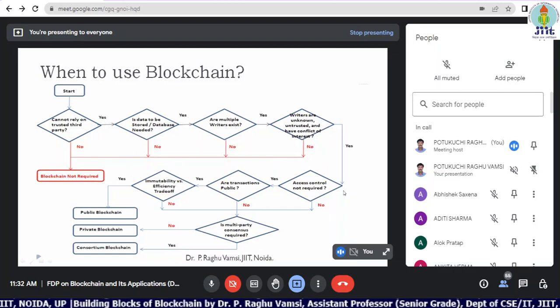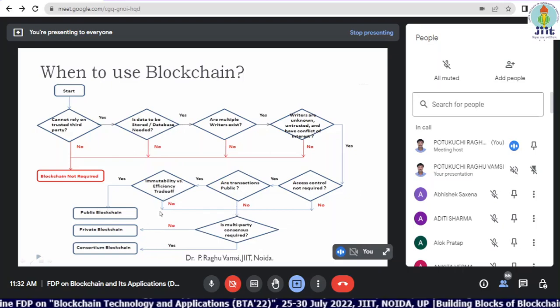Otherwise, you move on to access control. Is any access control required? A person has to view only this much information, and another person may view that much, so some access control needs to be maintained. If access control is not required and the transactions are to be made public, then you don't need to look at the immutability versus efficiency trade-off, and you go for the public blockchain. If access control is required, transactions are not public, and the immutability versus efficiency trade-off is not a concern,